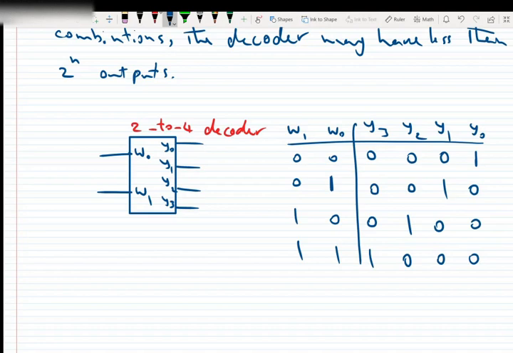And if, for example, we have small circles here, everything in the output on the right side of the table will be flipped. So 1 1 1 0, 1 1 0 1, 1 0 1 1, 0 1 1 1. So you see that the output is completely complemented. So without those small circles, we have this